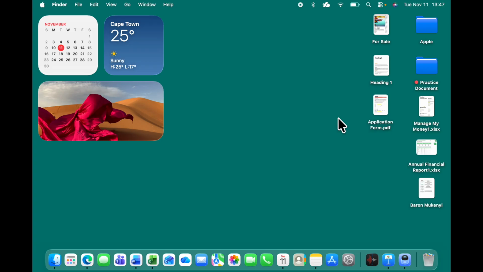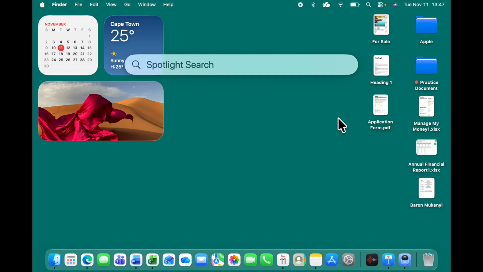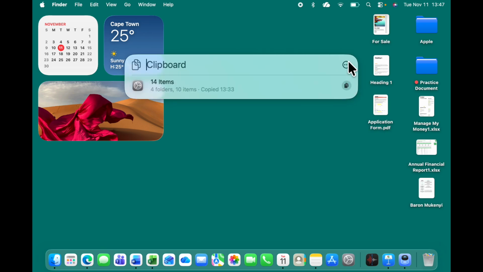So let's go ahead and open up Spotlight using the keyboard shortcut Command Spacebar. Once this is open, I can notice that I'll have a clipboard option here. Hovering my cursor over it, you'll also notice that in the clipboard where it types out clipboard next to it, it shows Command 4. By pressing Command 4, it will automatically open up my clipboard with all the items that